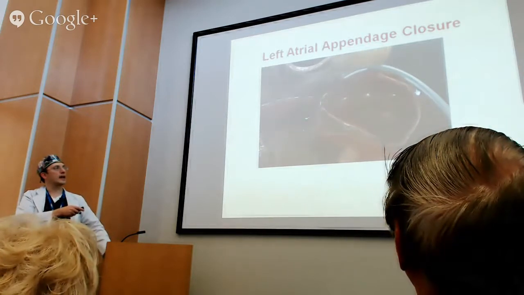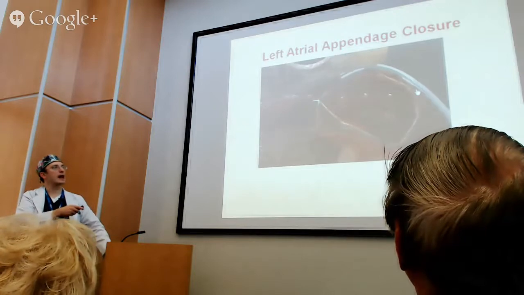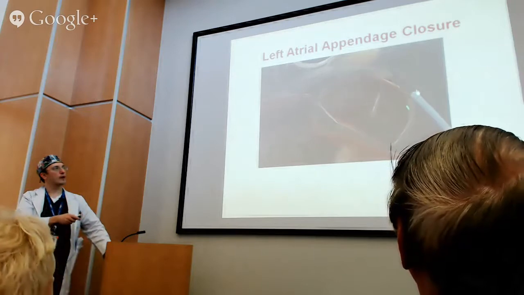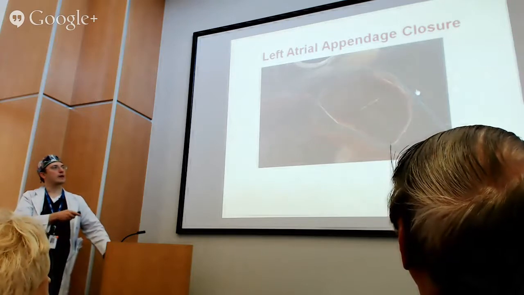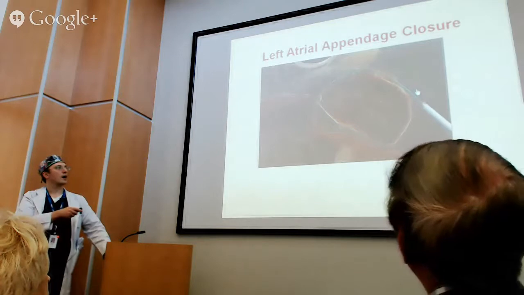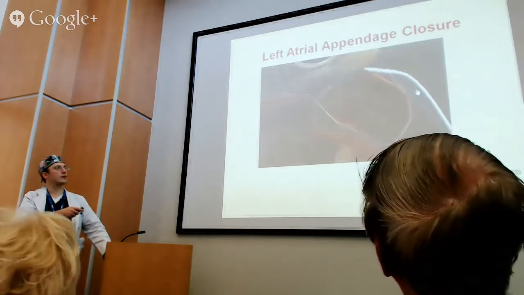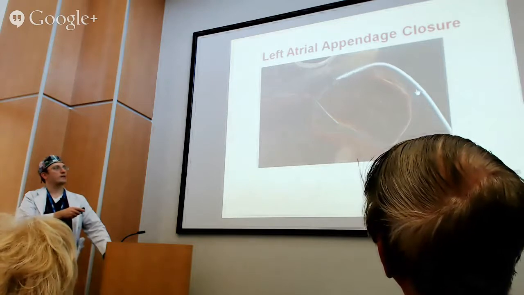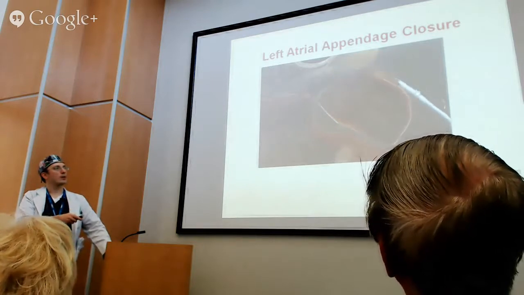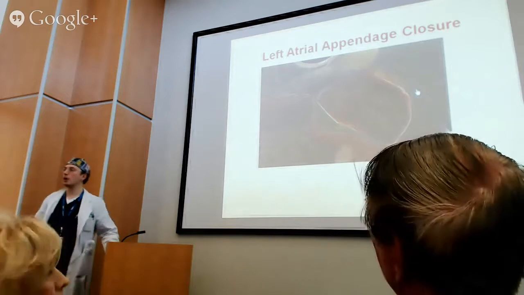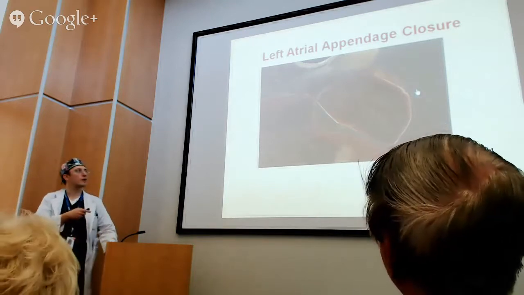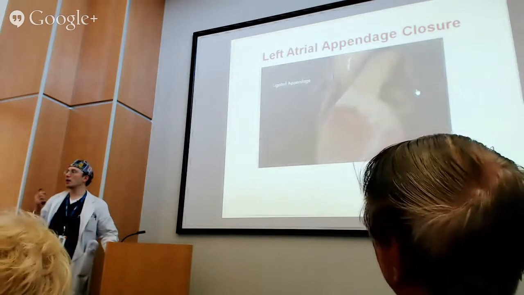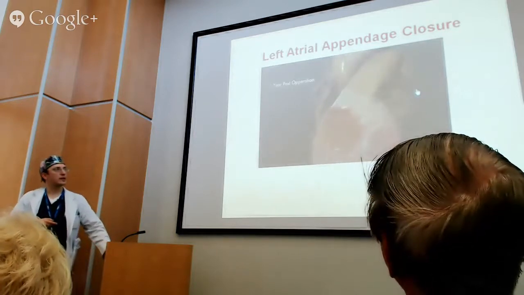We then remove the catheters that allowed us to get access. We tighten the noose. We remove the lasso catheter that allowed us to position this suture, the little wire that allows us to close it. We use a remote wire cutting device. We cut it off, and we take our hardware out of the heart and out of the tissues. And all you're left with is a little suture that closes the left atrial appendage.